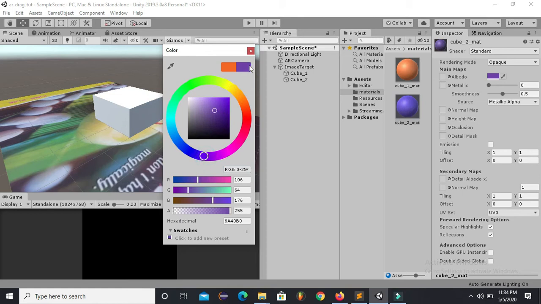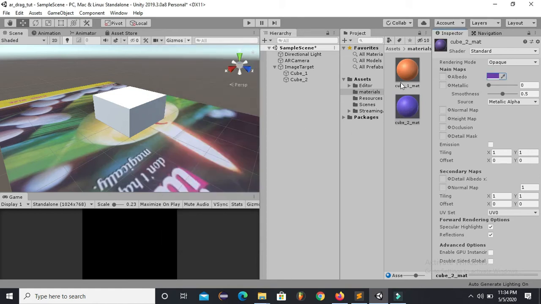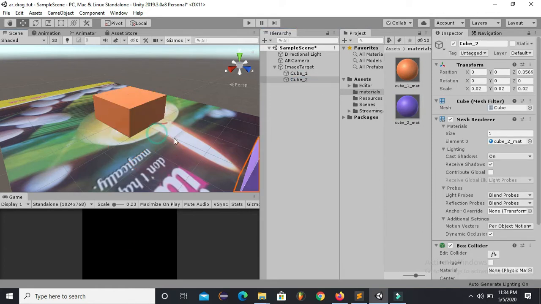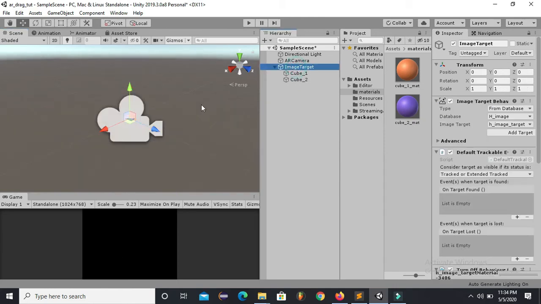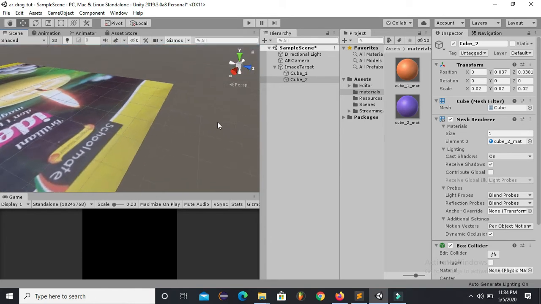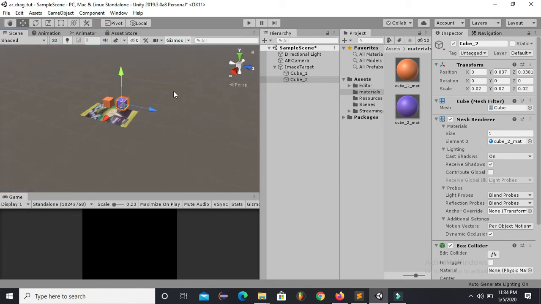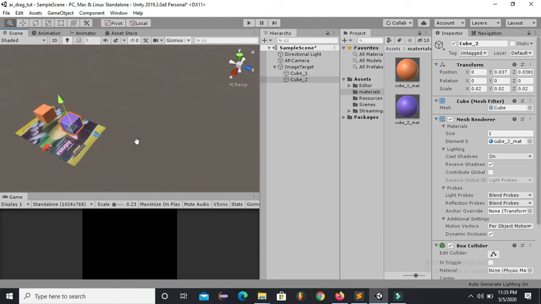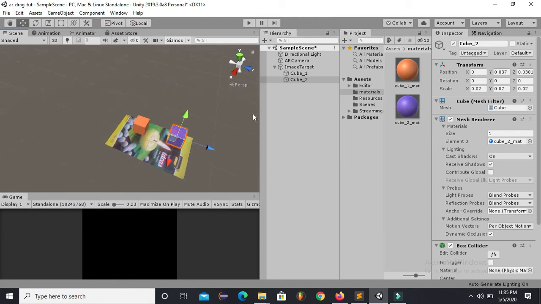Okay, this is better. So now apply this material to cube 1. This is to cube 2. Drag it over here. So both the cubes are on top of the target image.